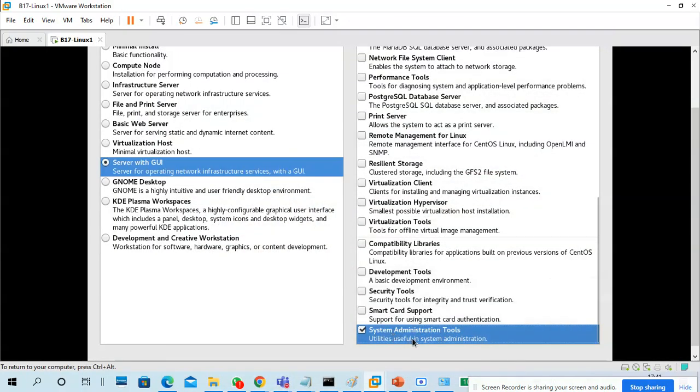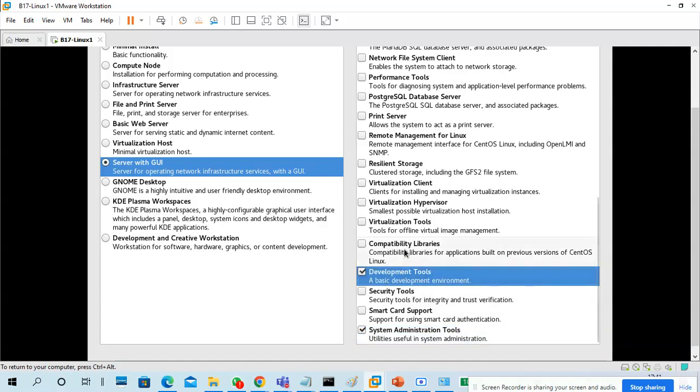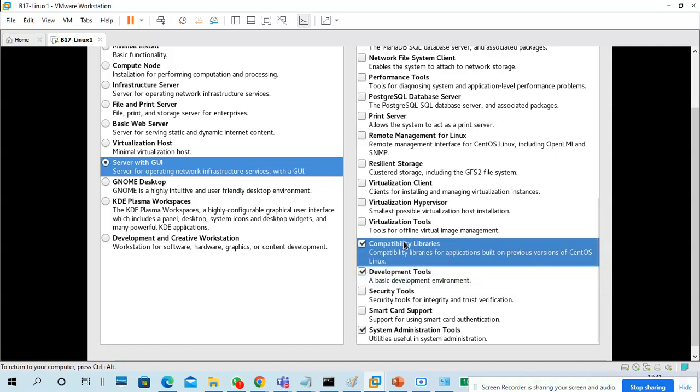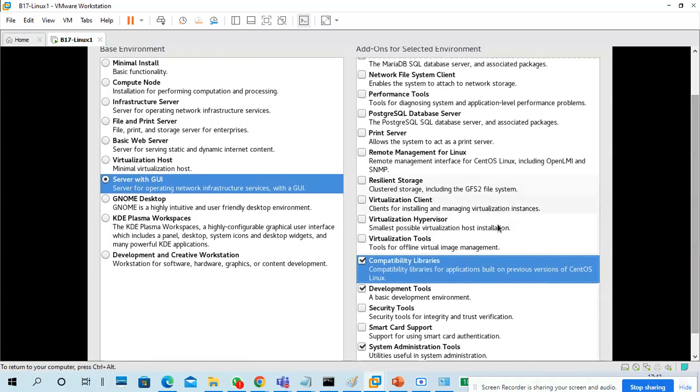Okay, so look at here. System administration tools. If you want security rules, you can select it. Development tools, compatible libraries. If you want to install virtualization kind of stuff, you can install it. Otherwise, leave it. It purely depends upon you.